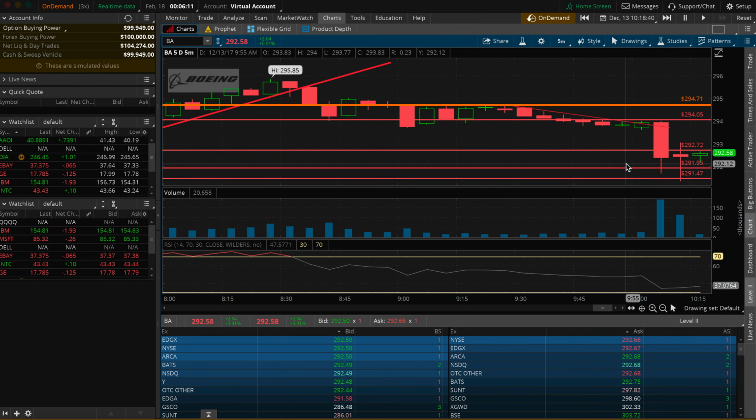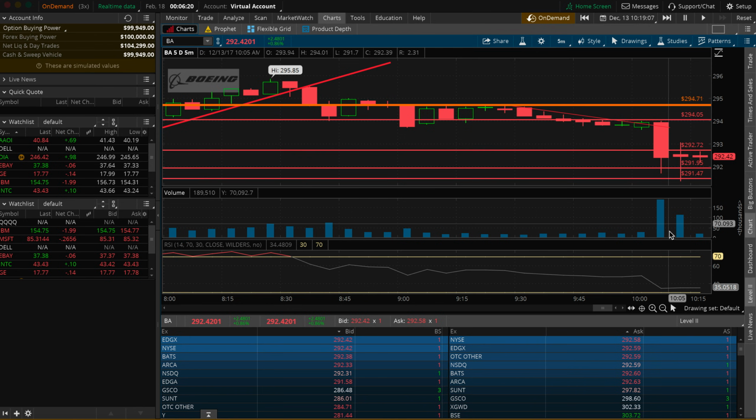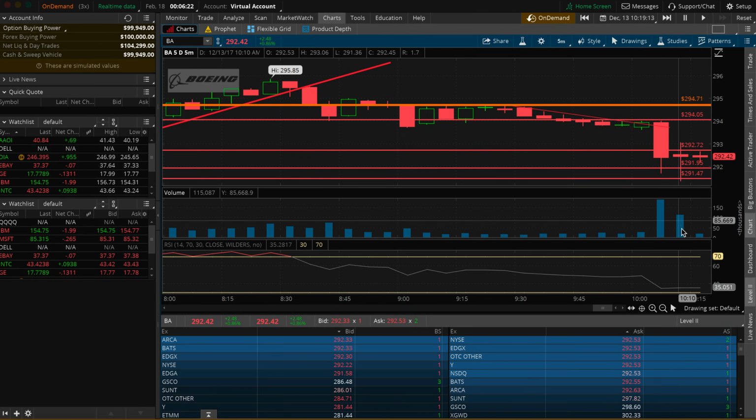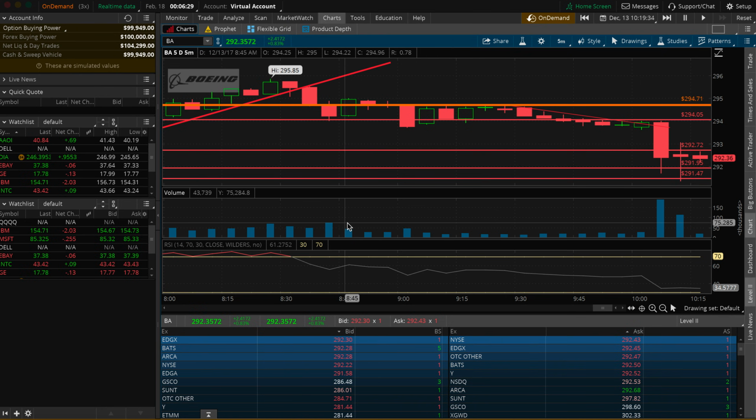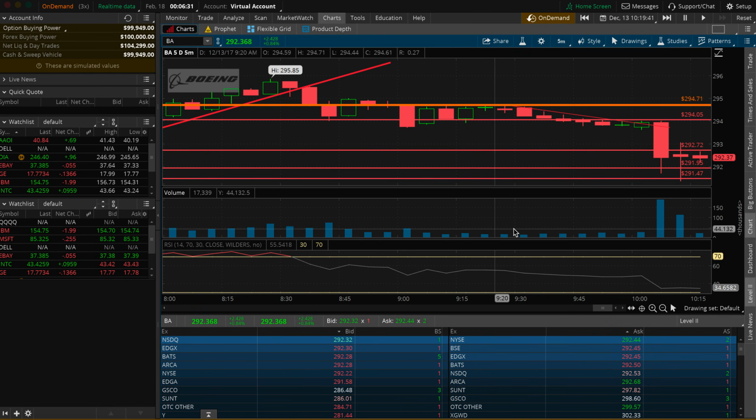We want to limit our risk, but also we want to have skin in the game. So look at these volumes on these selling. That's huge. After this low volume and the downtrend,